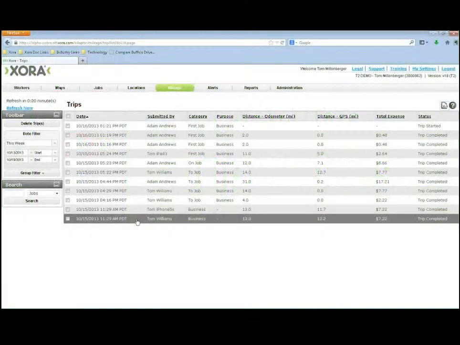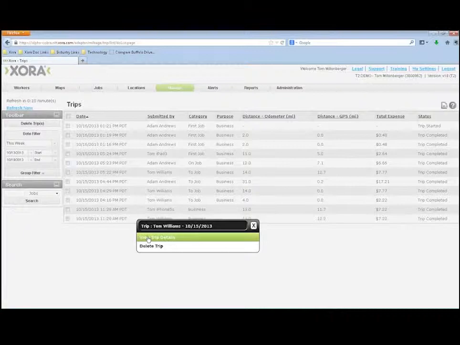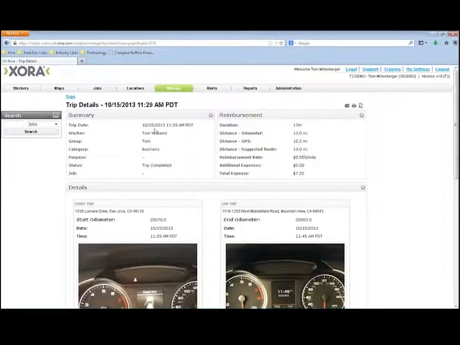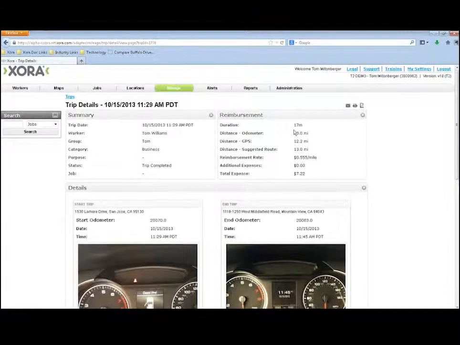Let's drill down into one of these to get a little bit more insight into the level of detail information we can provide. We can drill down into the trip details, and the trip details is this very nice, very detailed information about that individual trip. So you can see kind of high-level information, who was doing that trip, when was it started, how long did